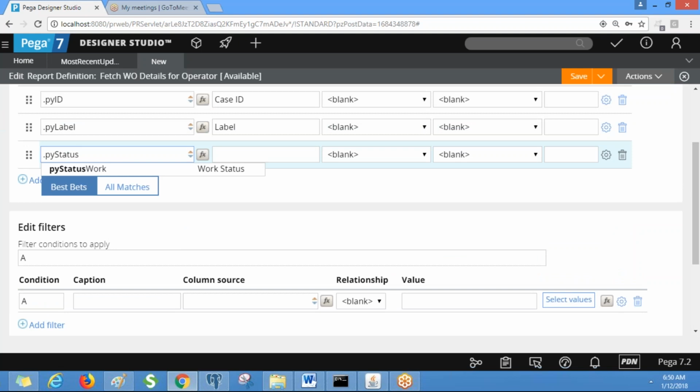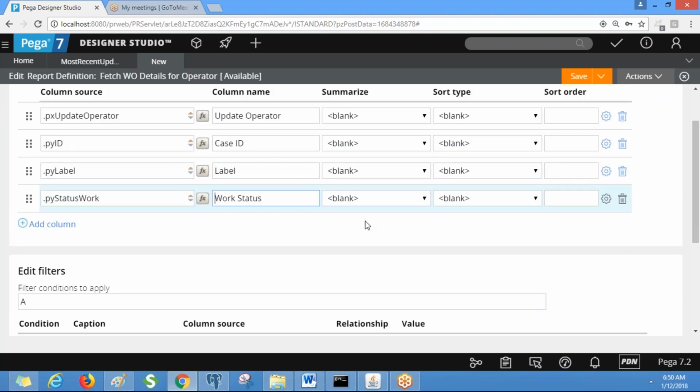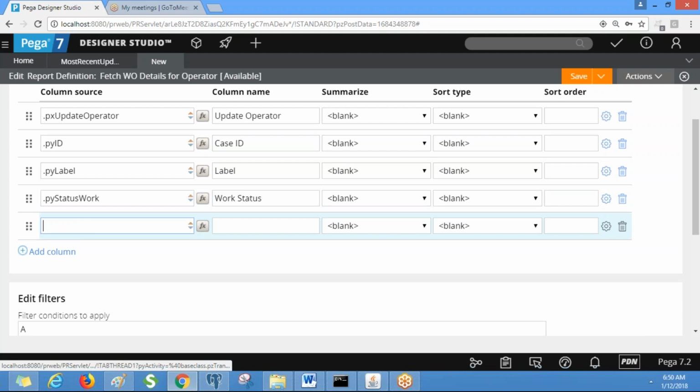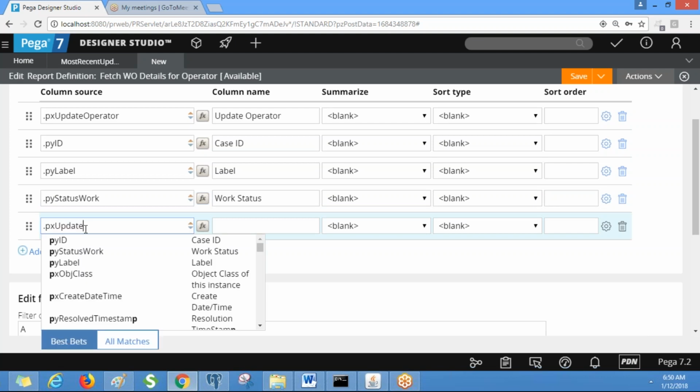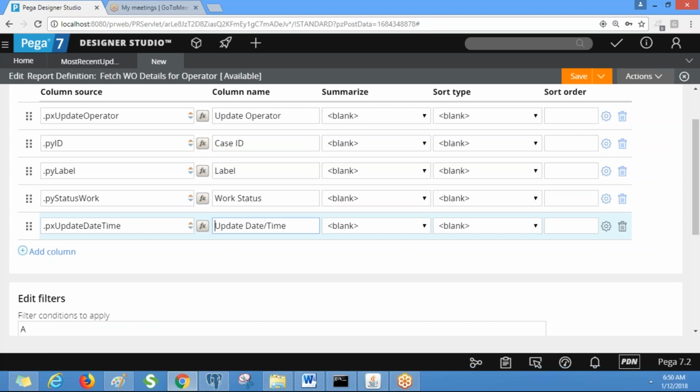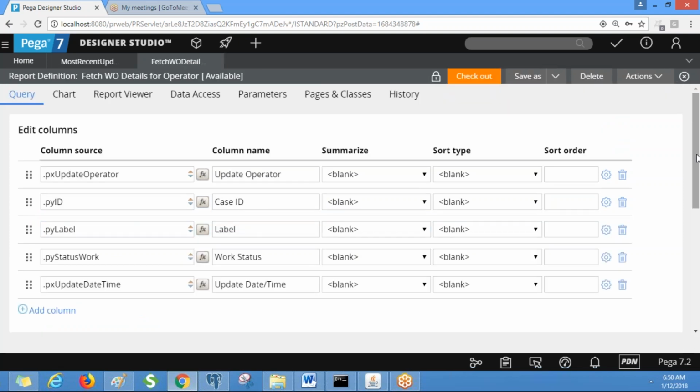PY status work. Okay, so which is the work object status. Px update date time. Okay, so when you run this report, you will get all the operators along with work object data.